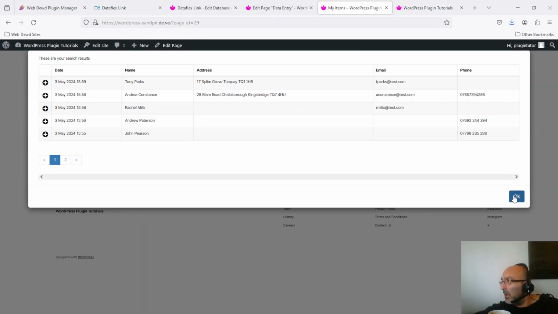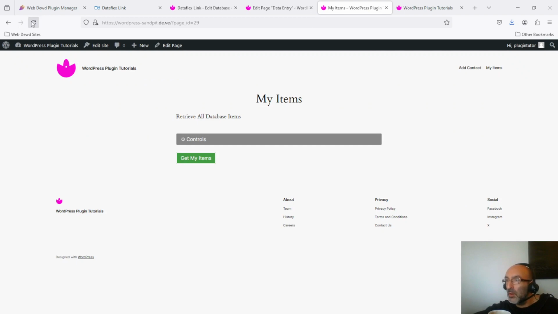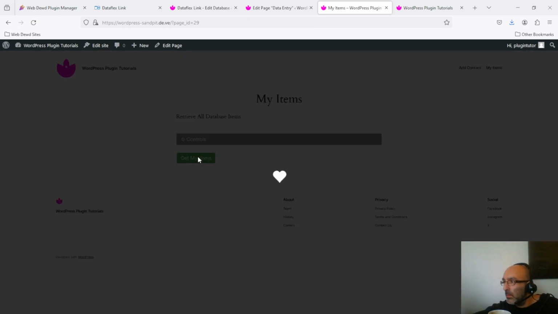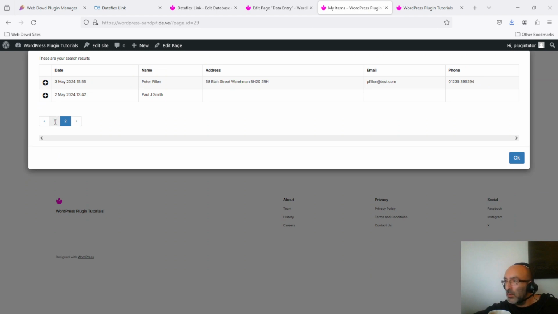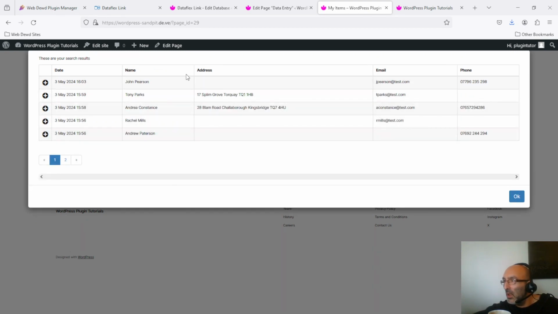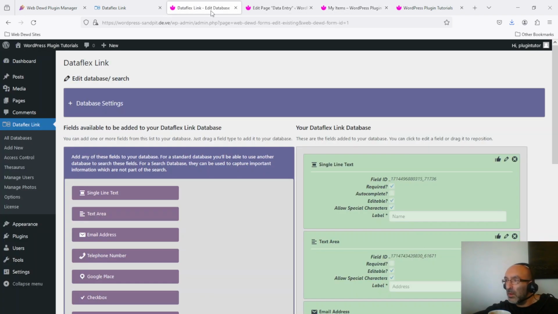And if we refresh and we click Get My Items again, we should see that John's email address has now been added. What we can see here is this is spread over 2 pages. So what I'm going to show you is quickly how we can change that to 1 page. So if we go back to editing our database,